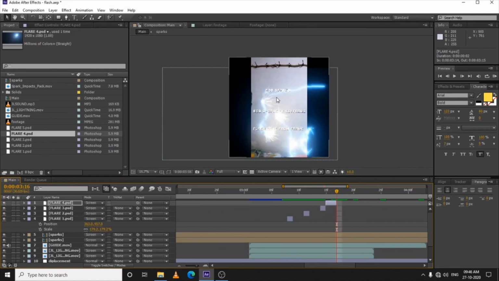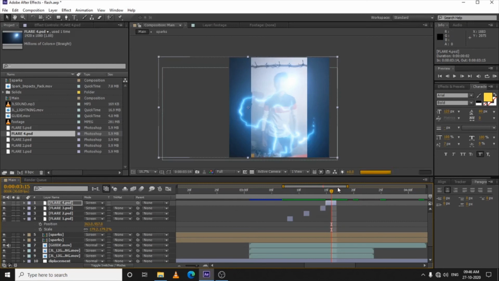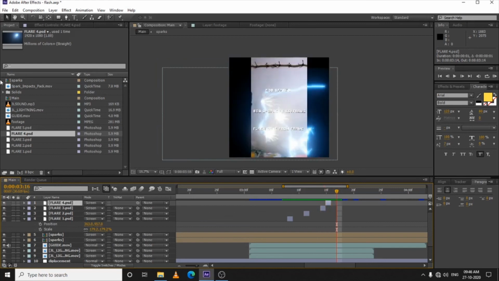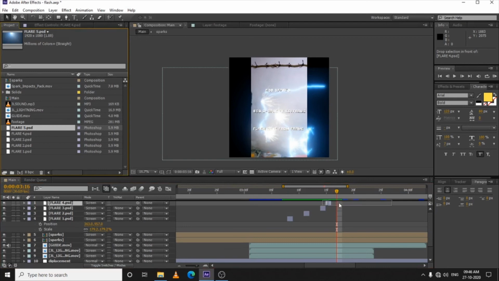Here is the spark 5, here is the third one, here is the fourth one, and here is the fifth one, the last one.